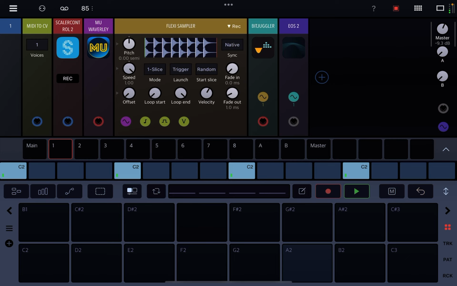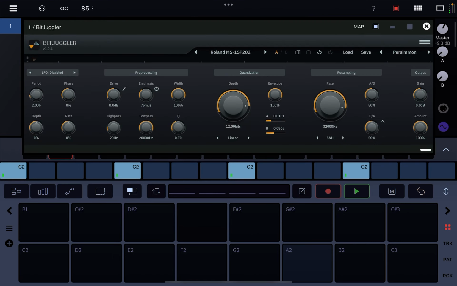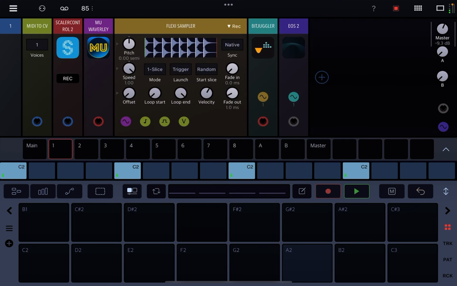So I added to this Bit Juggler, and I have a Roland SP-202 vibe, right? That I've created with the 12-bit. So that kind of adds to the flavor. And then I use the EOS 2 ambience. I've shown you guys that in a video. That's one of my favorite reverbs on iOS. So that together, and then using the random, you'll see on this